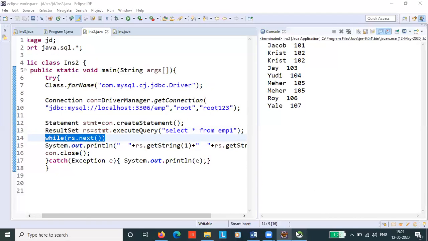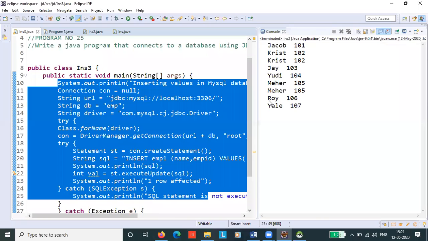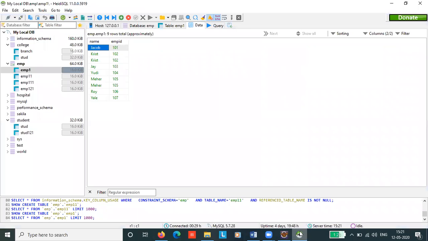Similarly, you can insert, delete, modify the contents of your EMP table. This is a very simple example to demonstrate the JDBC connection program, wherein all the modifications should reflect in your database.